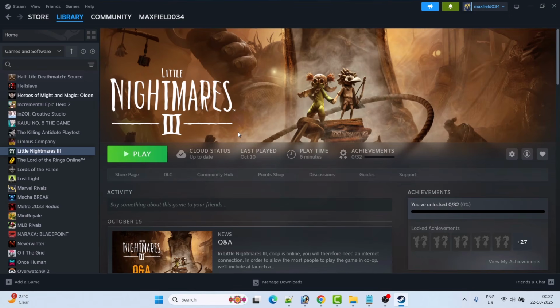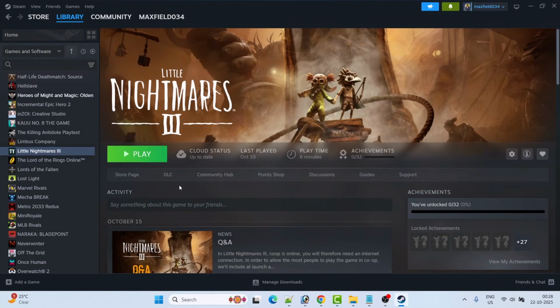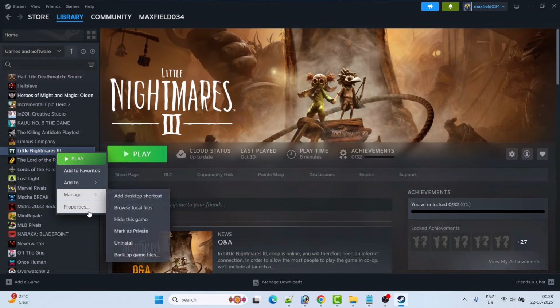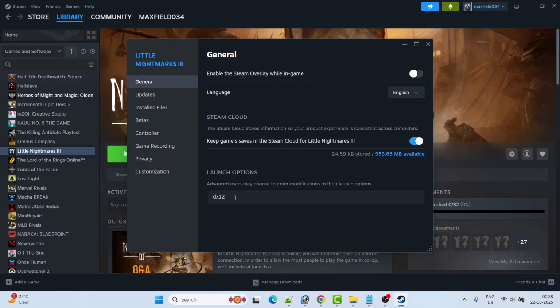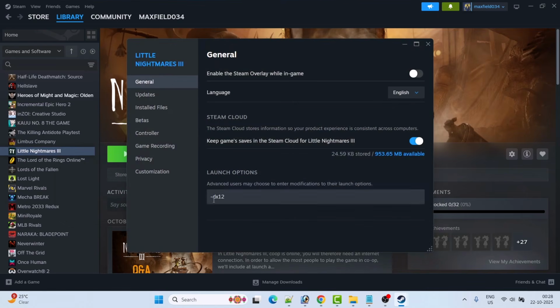If it's still not working, then again right click on Are We There Yet game and select properties. In the launch option, type -DX11 and then launch the game and check. If it's still not working, then again go to properties. This time type -DX12 and then close the tab and then launch the game and check. If it's still not working, then again go to properties, remove the command from the launch options and then follow